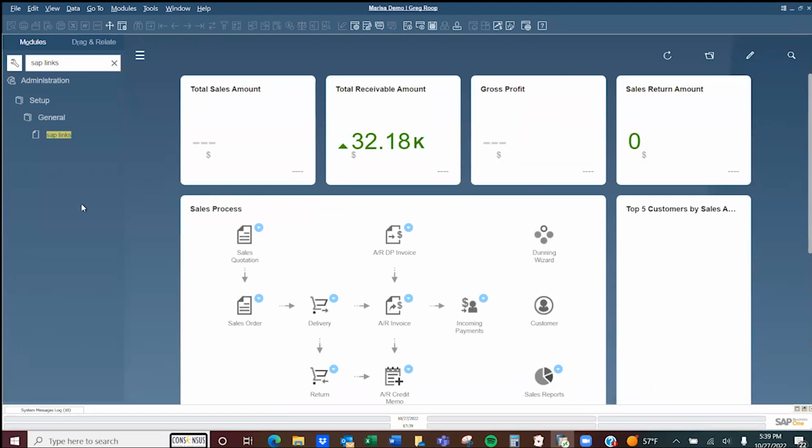This is a really nice feature. I think it's very valuable. You can hang a lot of material out here, a lot of good assets and sites, and the navigation is very simple to use. So I hope this has been helpful for you and you start using SAP Business One